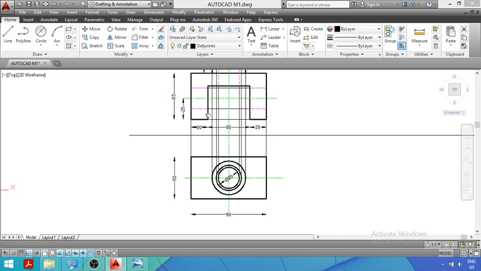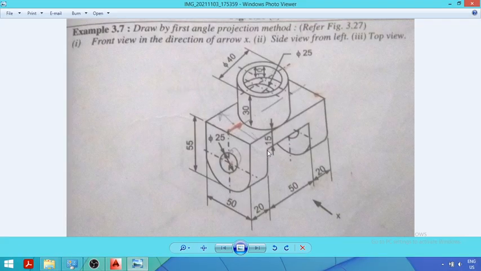So at the junction of this vertical surface and horizontal surface, there is a point, and this point is nothing but an edge. So if you see, this point represents a horizontal edge. Now this edge will not be visible from the top view. Now I will show what is this edge, what I am talking about. You can see this point, this point on the left hand side and this point on the right hand side.